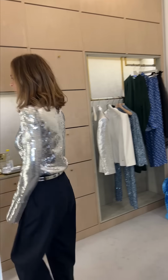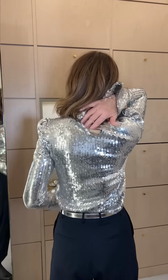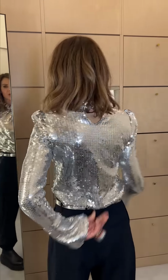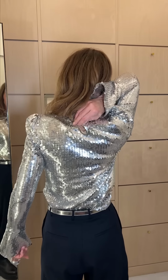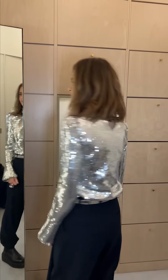I have tried on this in Harvey Nichols in one size up, and this actually is good. I look at the back, I think, how's that line? Now, that does up there and that undoes there. I don't like that little pop. That's like something you get in Zara. So what I'd have to do is I would actually put a popper in there so you wouldn't have that opening, because I think that looks quite cheap. They haven't put a zip in because it's really difficult when you've done...